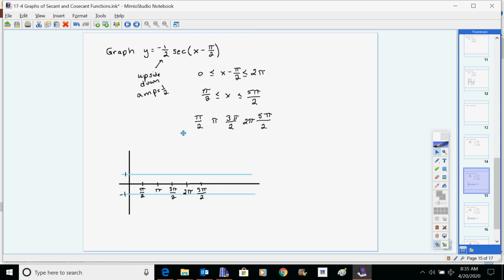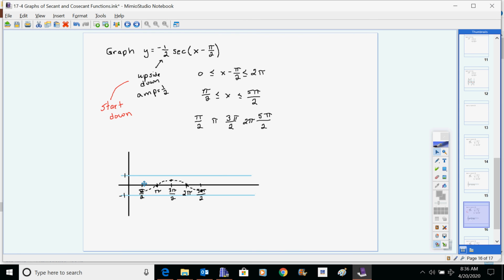In a normal cosine, it would start up, go middle, go down, middle, up. It's upside down, so instead of starting up and going down, it's starting down and going up. But remember, it's only a half amplitude, which means that instead of going all the way to the 1, it's going halfway there. So half pi, middle, up, middle, down. This is our upside down